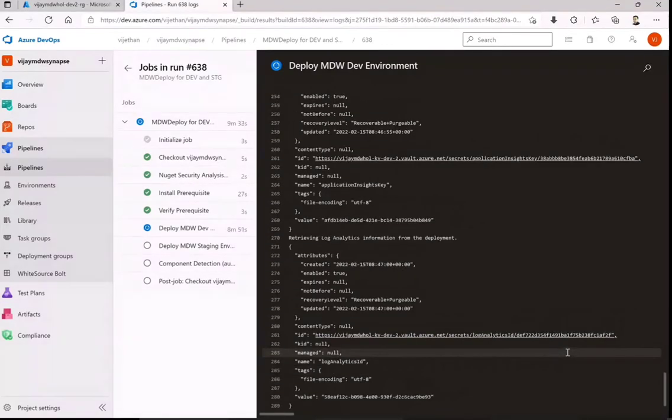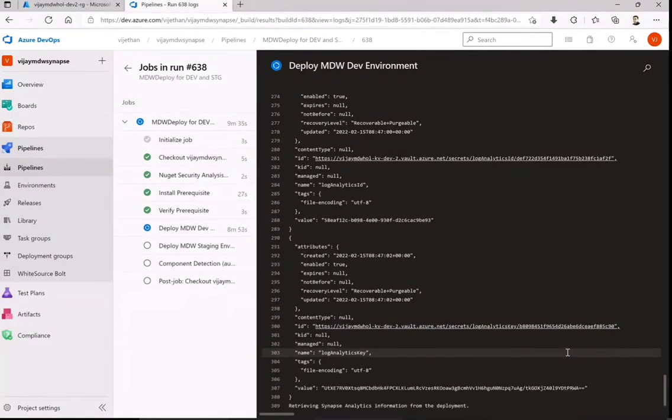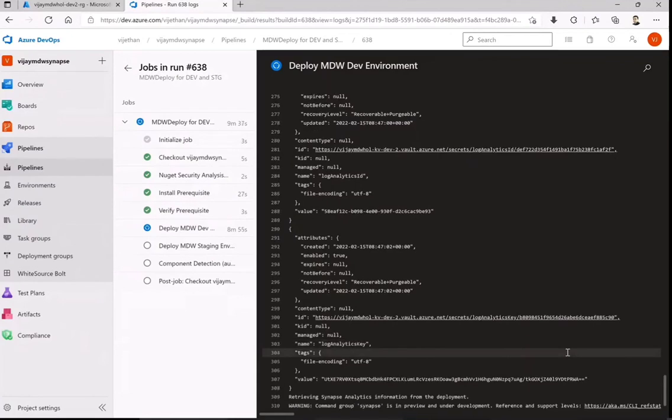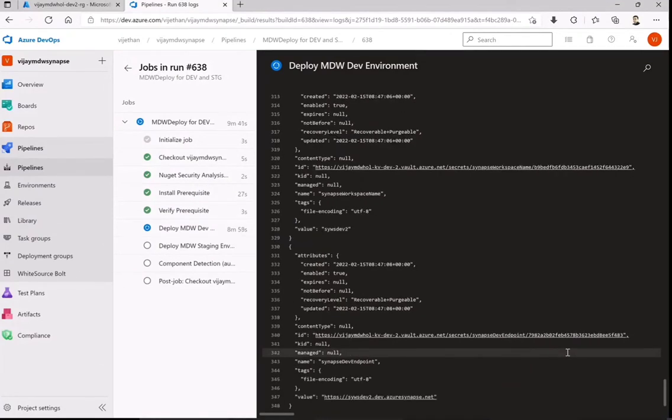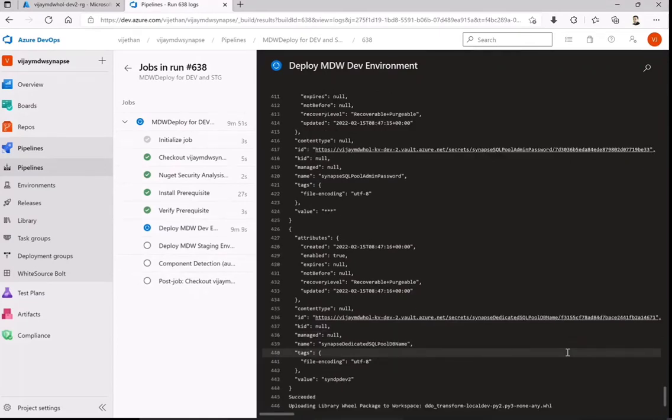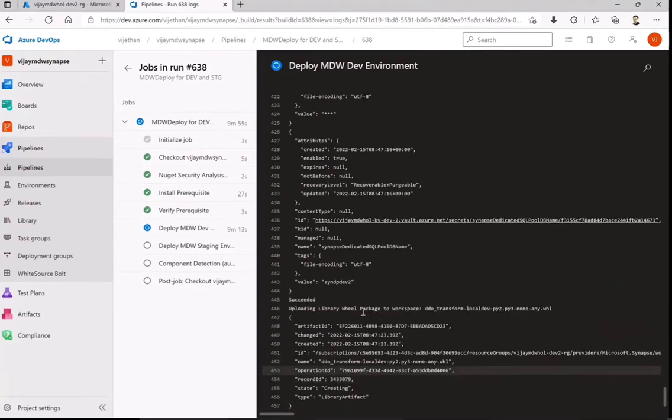And as we are using the CLI, it becomes easy for us to manipulate those parameters at runtime, if we require fetching something and then appending it to a name specific to the component we are creating. So that is the power of the CLI, which we are using within Azure DevOps as of now. Okay, so at this state, it created the Spark SQL pool for us as well.